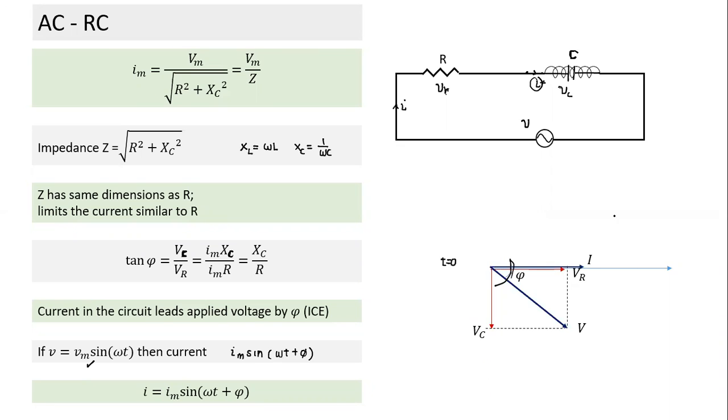Can you draw the phasor at time t equal to T by 12? What will happen at time T by 12? Will the length of the phasor change? No, sir. What will happen? All phasors will rotate by what angle? 30 degrees. So if I draw it at T by 12, how would the phasor look? Can you draw the phasor? That's why in the first case I have drawn that case also. All of you just go through what will happen. At time zero the phase of current is 0; at this time the phase of current will be 30 degrees. The VR phase also will be 30 degrees. What is the phase of VC at that time?